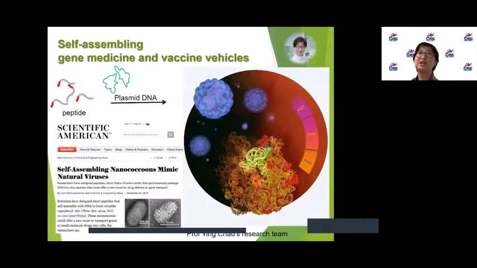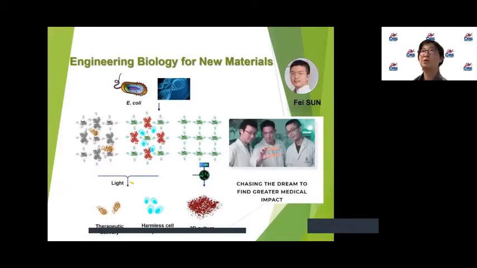A number of our CBE professors are actually doing research to improve healthcare as well. Professor Sun Fei's research highlights what we mean by engineering biology. In his lab, he is tweaking the DNA sequence of bacterial cells to turn them into tiny factories. This means he gives DNA instructions for the cells to make proteins. He can program new functions into these proteins so they can be useful as future medicines. For example, his team reported protein gels for tissue engineering, which can do 3D culture of stem cells and release them by light control.